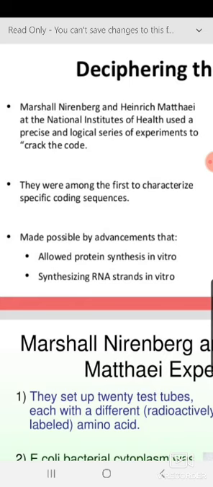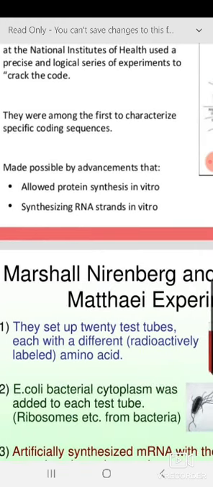Now, as I mentioned, you can synthesize RNA, mRNA, with the help of polynucleotide phosphorylase. So remember this enzyme, polynucleotide phosphorylase. This enzyme is isolated from Azotobacter. It doesn't need any template. Whatever nucleotide you give it, because it's RNA, it will just polymerize and give you a synthetically prepared RNA strand, which can be prepared in vitro, with the help of polynucleotide phosphorylase.